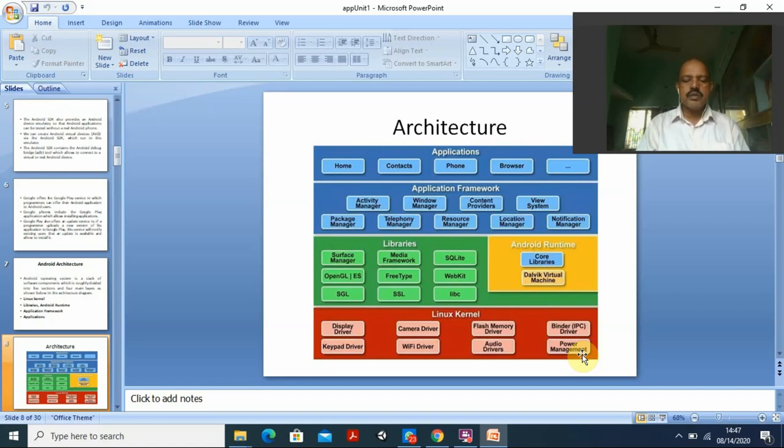That's why all the important things that are to be controlled by the operating system are directly given to the Linux kernel. So it will be controlling everything there. Okay, it is clear. So it is not a difficult job to understand this architecture, because computer science students in second year level have already studied computer organization and architecture.